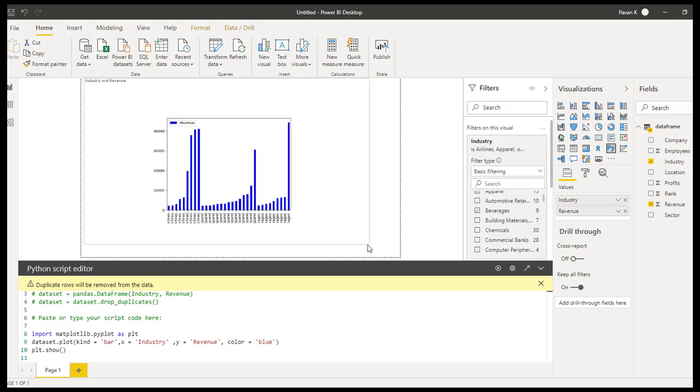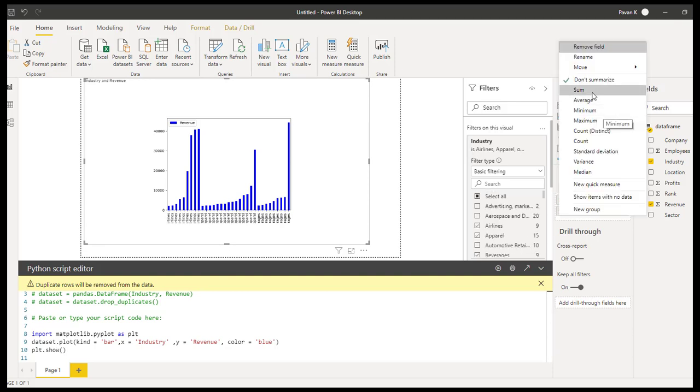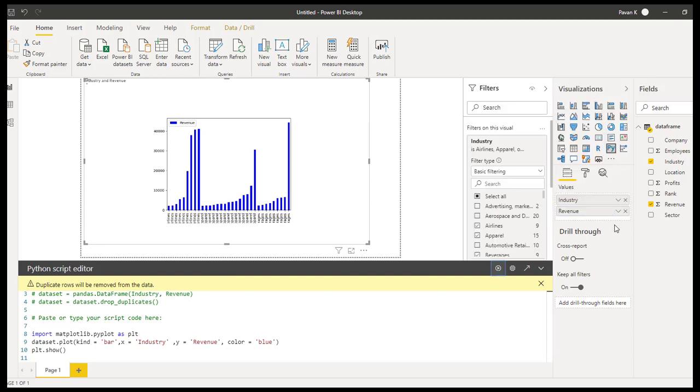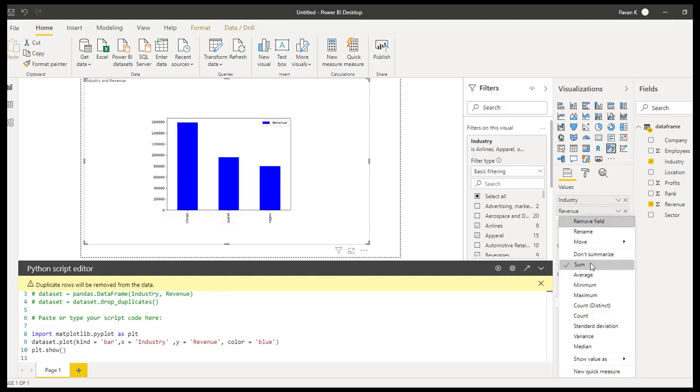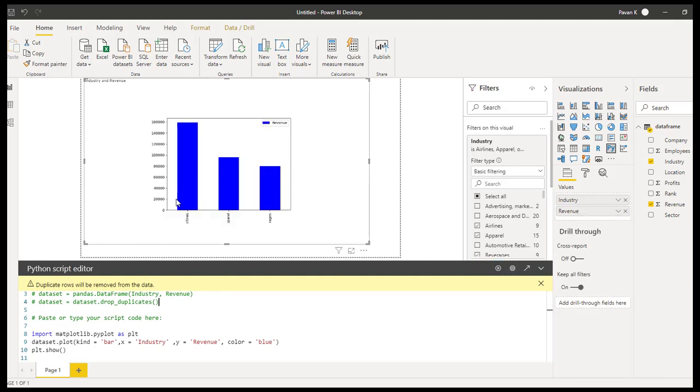You can also see there are many bars here, so we'll try to summarize the data. I have summarized this field and this is producing some logical output. This is the total revenue of this industry.